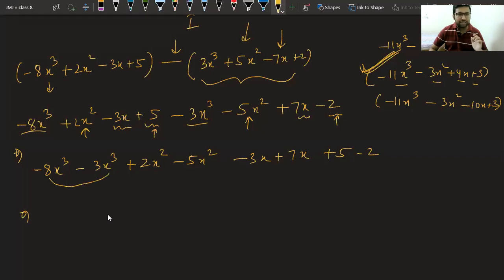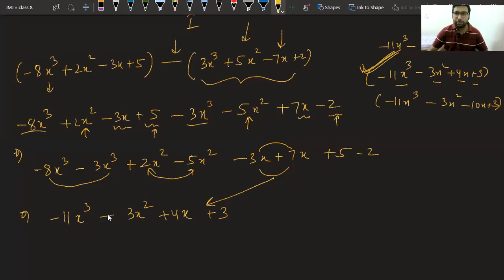They two are of the same sign, they will be added. 8 plus 3 is 11x cube and the negative sign will remain. These two are of different signs, we have to subtract, it becomes 3x square, and which sign will come here, class? Please answer. Minus sign will come. Thank you. Now again we have to subtract. Which sign will come in this case? Plus sign will come. Plus 4x plus 3. This is the right answer.